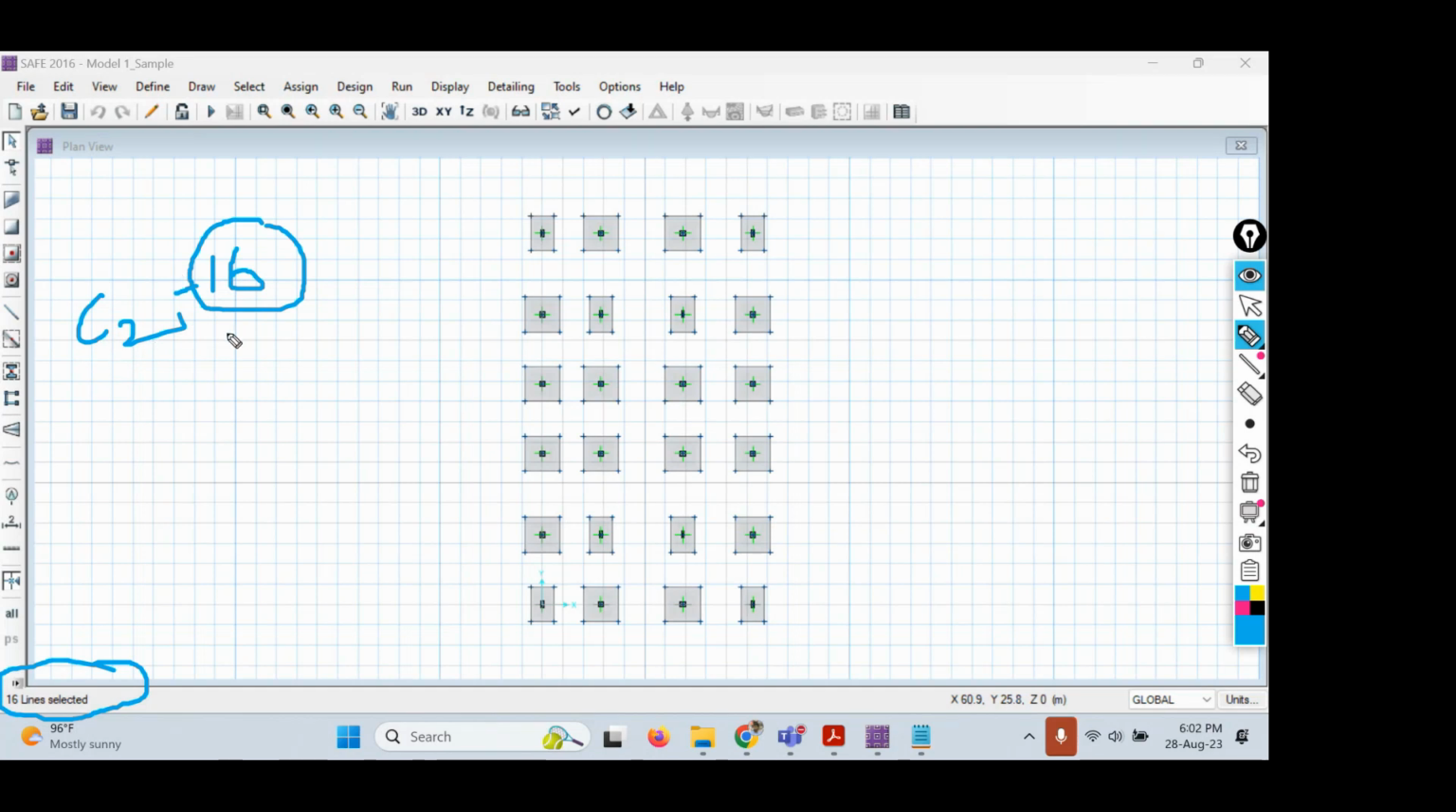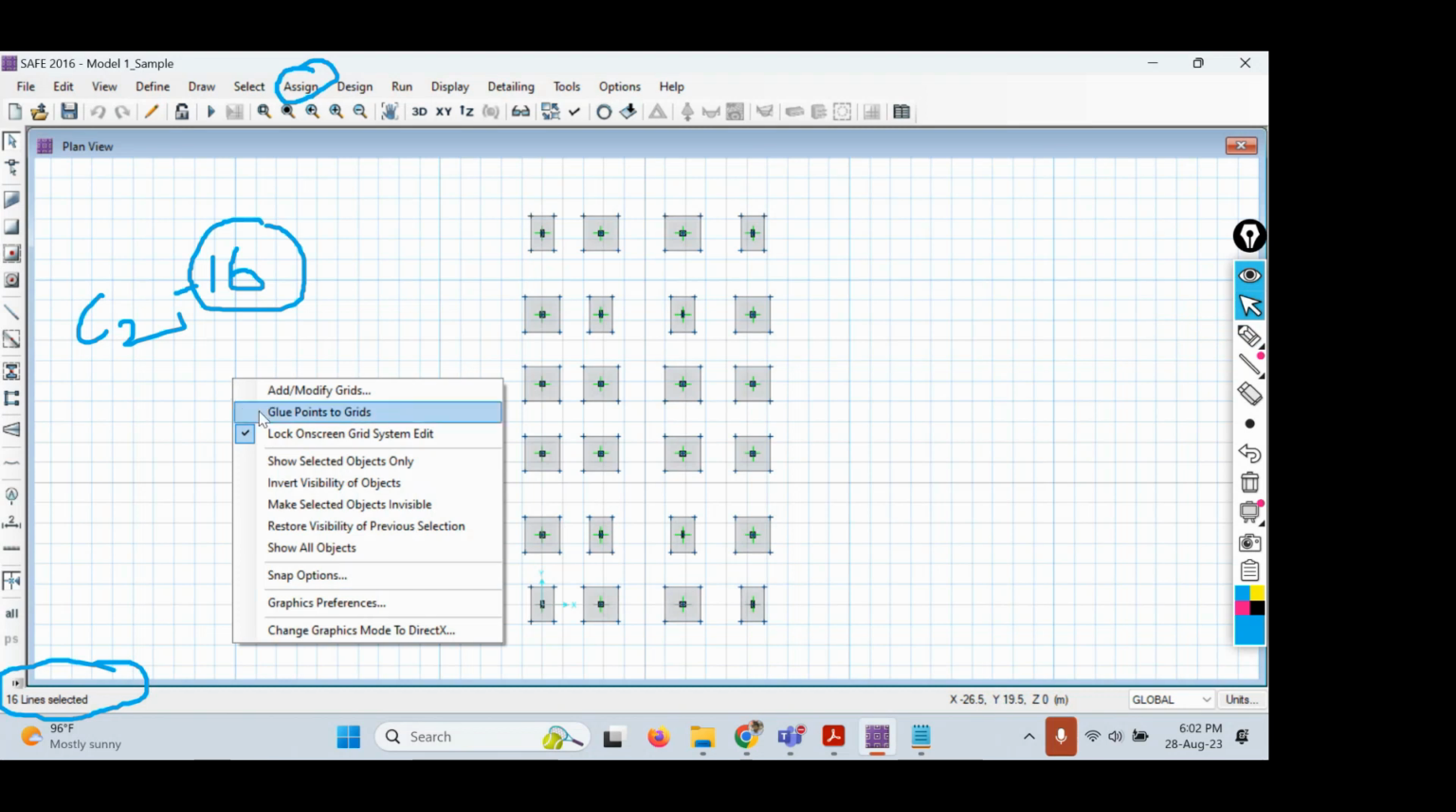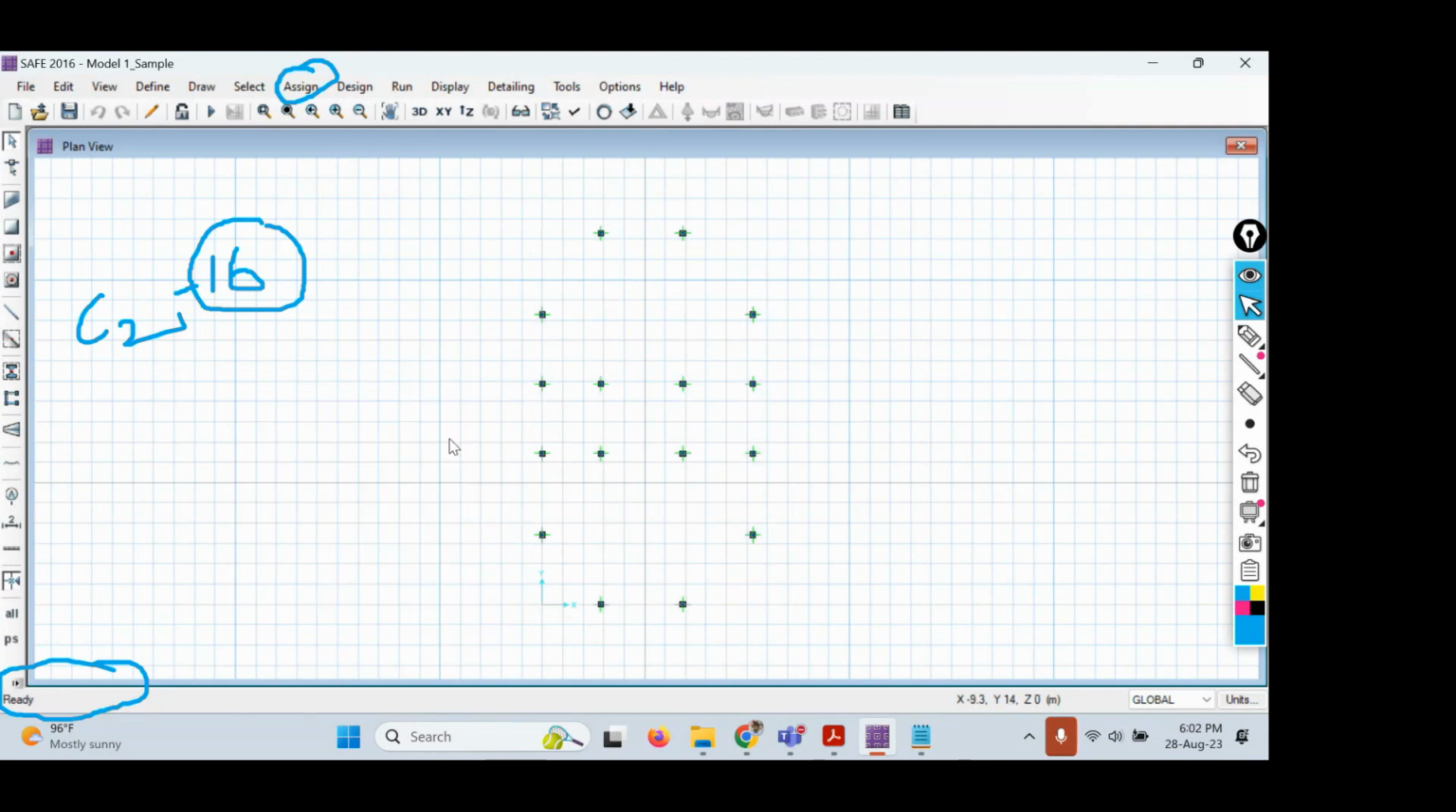So how to assign the load? In order to assign the load, we will use an option called assign. So before using the option of assign, first we need to see whether the columns are really selected or not. So how to see that? Just right click anywhere on the screen and then you can see an option called show selected objects only. So just click on show selected objects and you can see all these are the 16 columns that are